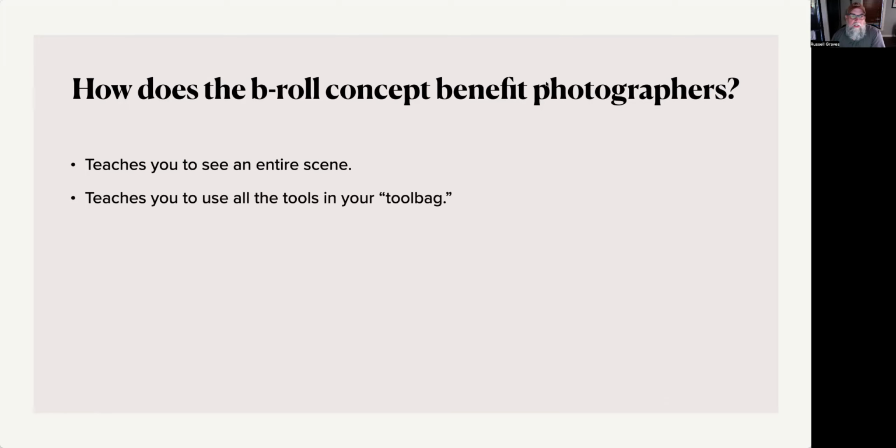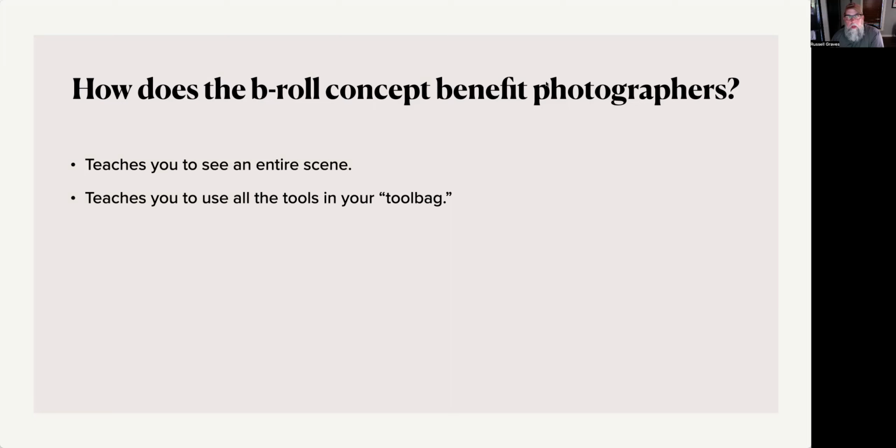And the second thing I think it does, it teaches you to use all the tools in your proverbial tool bag. What I mean by tool bag is your camera backpack or your case or whatever you carry, but really learning how to use all the lenses that you carry along with you. One of my favorite things to do, and I've talked about it before, is using a 50 millimeter lens to really stretch my creativity and make me learn to see scenes in a different way. Because when you've got the limitation of just a single focal length, I think it makes you become a better photographer, because you start learning again to see an entire scene. You start learning all the tools in your tool bag, and you start using all your different lenses